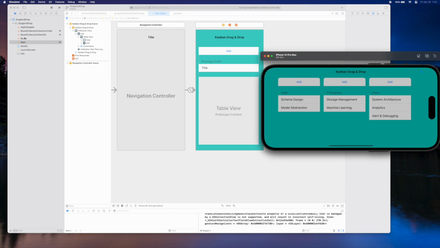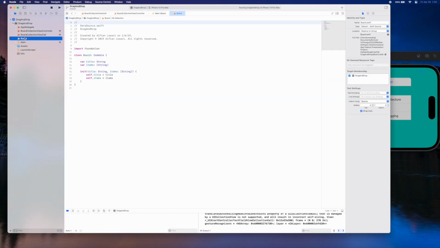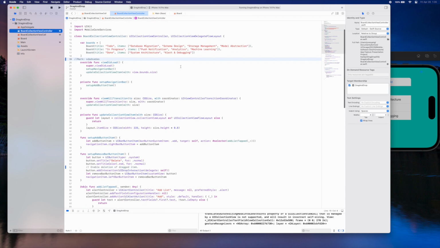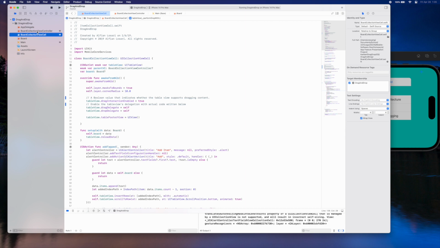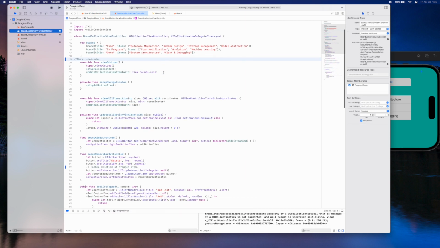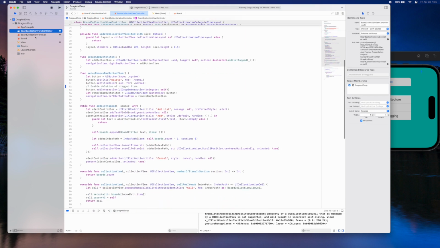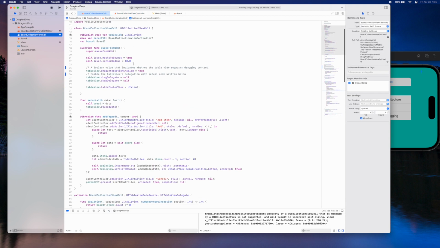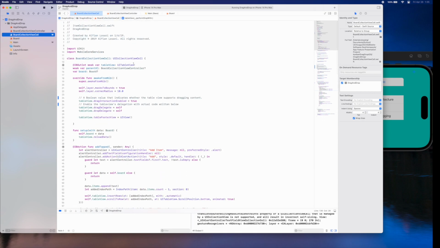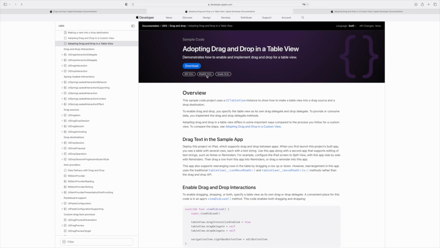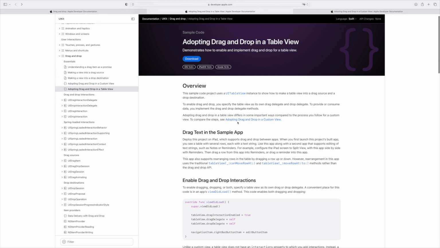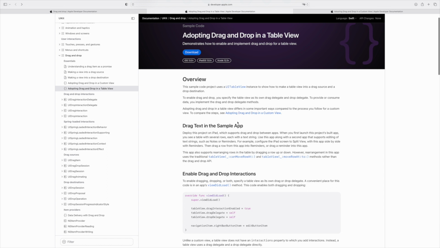Then we have board file representing the class board for each phase. Also, we have the collection view controller, which implements the overall interfaces, like the three blocks, buttons for deletions, add items, and add lists. Finally, we have the collection view cell file, specifically dealing with the table view, showing the list of items. So for the first drag and drop scenario, which is reorganizing an item inside or across the table, we can refer to specific documentation on adopting drag and drop in the table view.